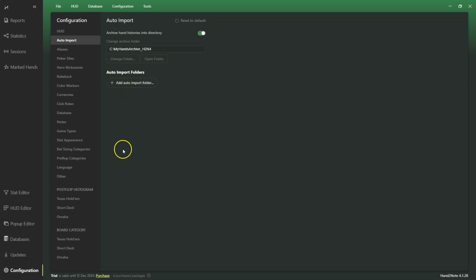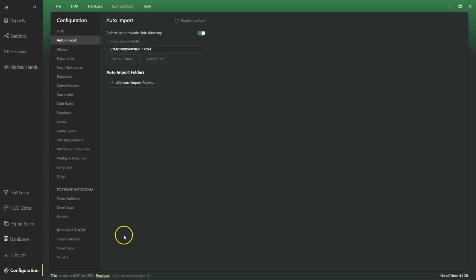Also, you've lost all of your auto import information here. We need to link this to the hand history folder of every poker client that we play on. I haven't tested this yet, but I really wouldn't be surprised if the layout of HUD panels wasn't conserved either. In other words, you may need to rearrange your HUD layout. So you can imagine there's probably other aspects that need reconfiguring because the config didn't transfer into the new version